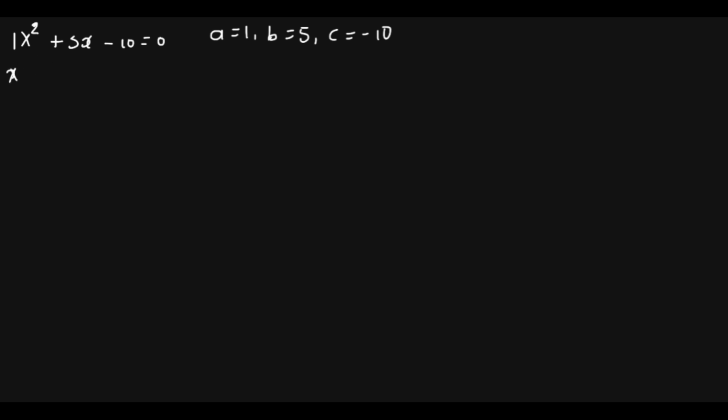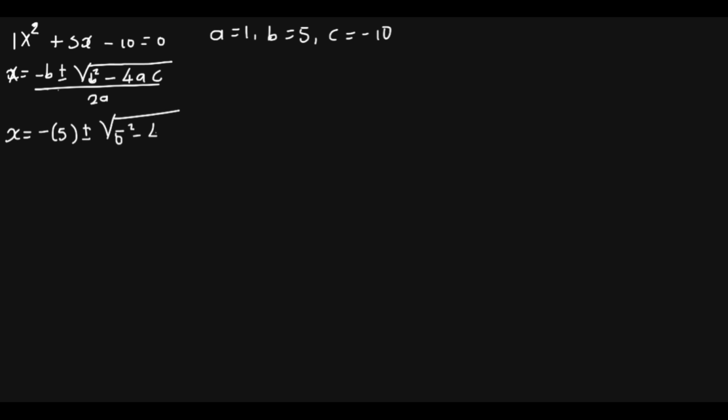So x is equal to minus b plus or minus. Okay, let's substitute. b is positive 5, our a is 1, our c is negative 10, over